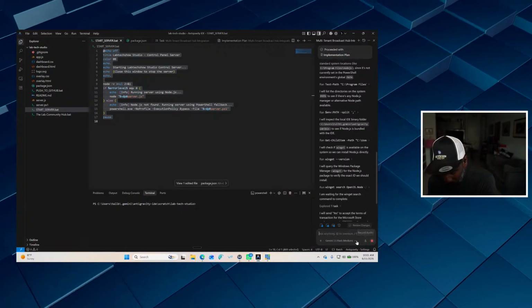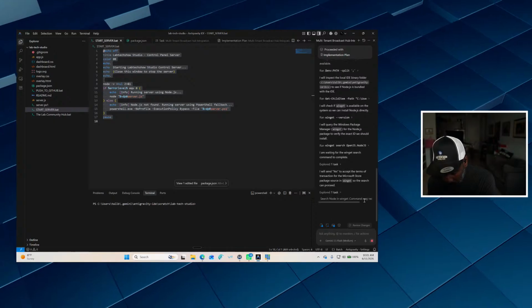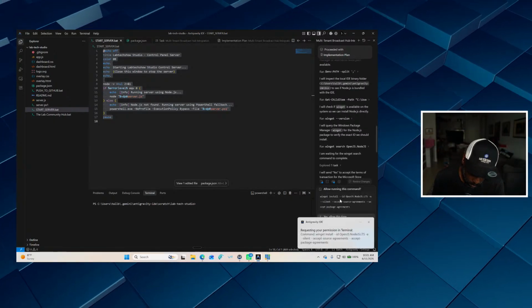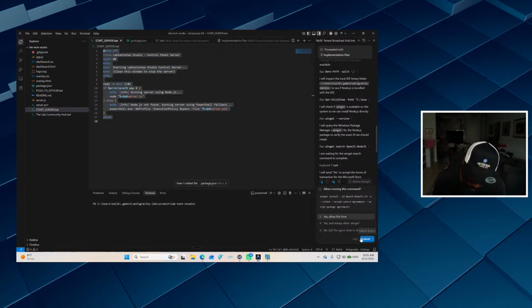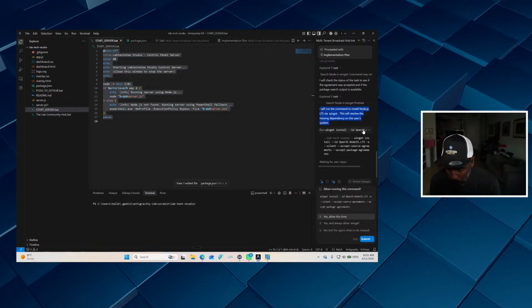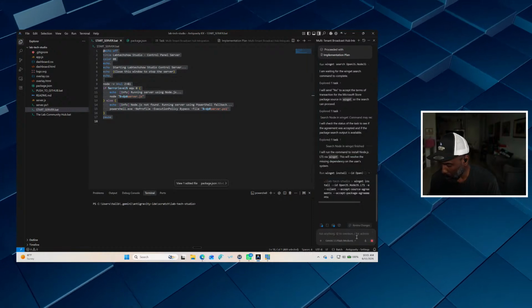Okay. Hit yes to approve. And there we go. Requesting permission. Okay, I will run this command, run this. Yep, that's what we want. Hit submit.